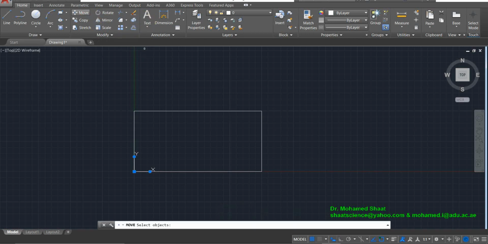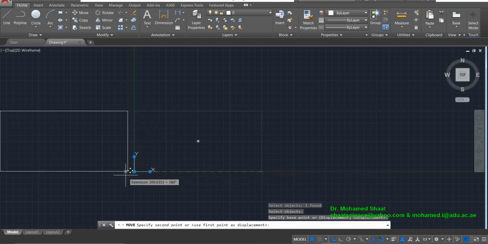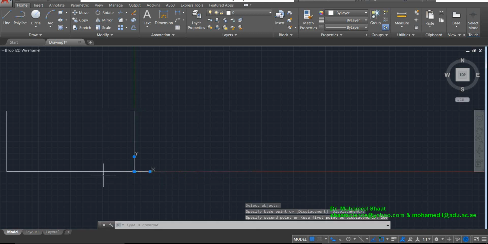You're gonna do the same. Just move, and you're gonna select the object. It's gonna ask you about the object, then press enter to confirm, then pick any base point like this base point, for example. So if I choose this base point and I ask AutoCAD to displace this point 200 millimeter to the left, so you have to move with the box first to the left without clicking anything, then type 200 and press enter or space or right click to confirm your choice of the